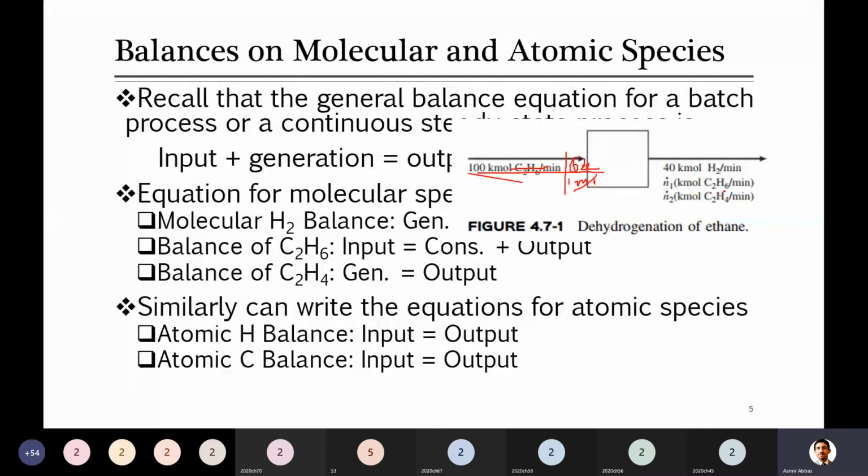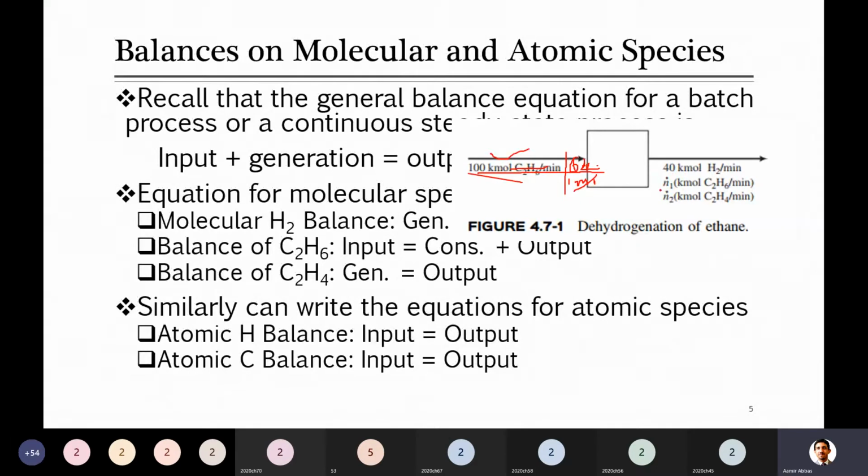In C2H6 there is a carbon, in C2H4 there is a carbon. So how am I calculating here? By looking at this, you can see that I am just multiplying the flow rate of that molecular species with the amount of carbon available in that species. The same I did here, 100 multiplied by 2. And where does it come from? 1 mole of C2H6 gives you 2 moles of carbon.